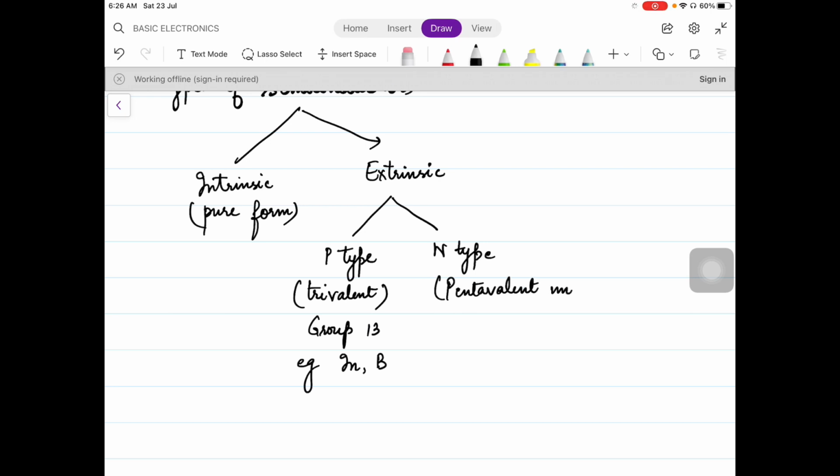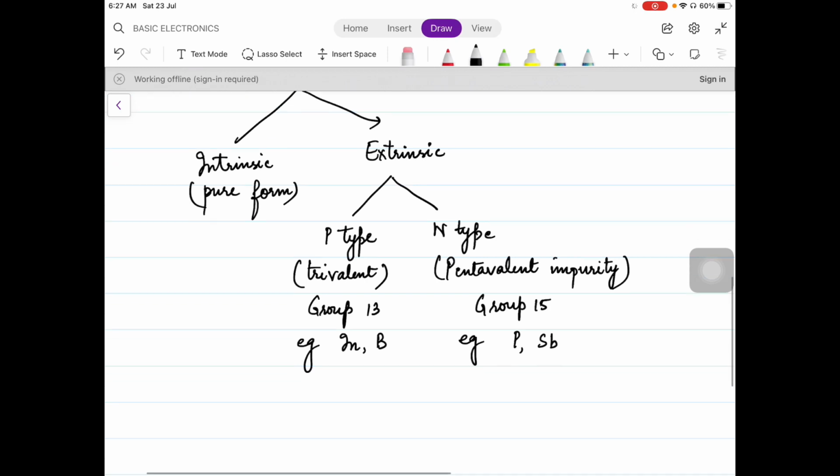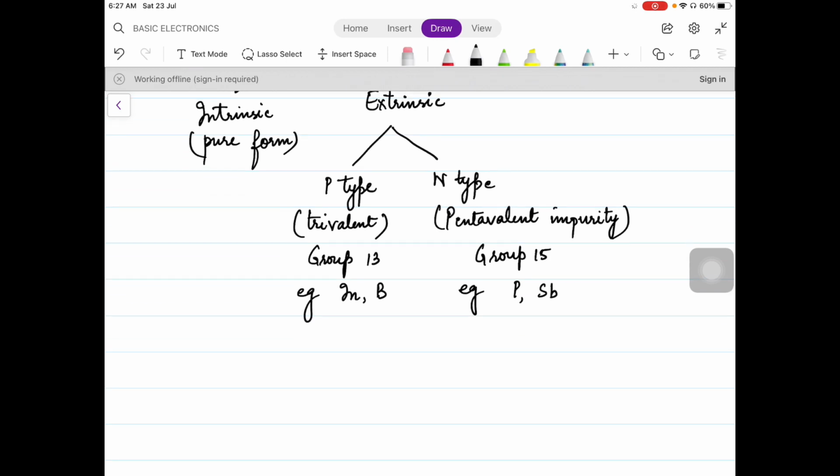And pentavalent impurity means having 5 valence electrons, which are group 15 elements in the periodic table, and examples are phosphorus, antimony, and so on. So these are the classifications of semiconductors. All right. Now, in the case of p-type semiconductor, the very important thing that we all should remember is that